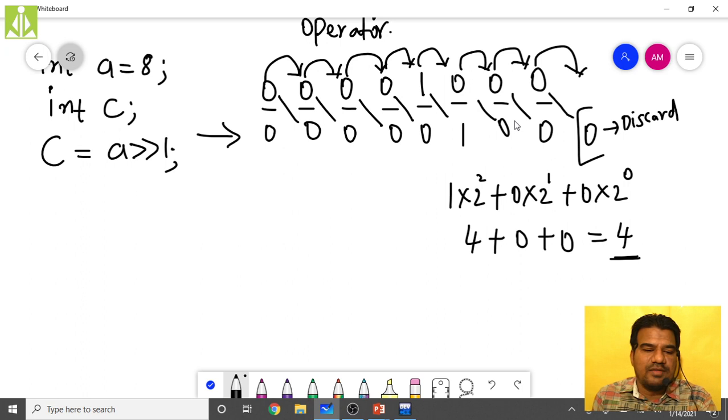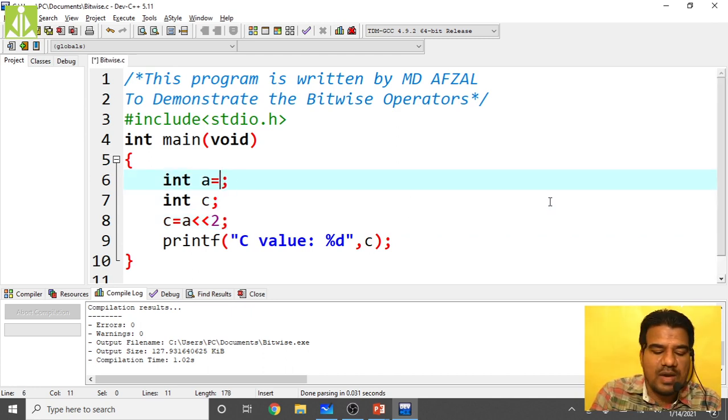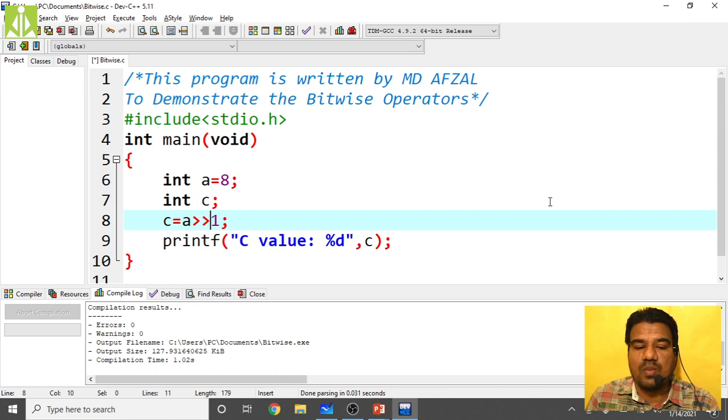So quickly we go and see whether what we got is correct or not. That is, we have taken a value 8 and we performed the right shift once, so we have to get 4. I will show you. I have taken a value as 8, and I am performing not left shift but right shift, like this you have to write. So bitwise right shift I am performing between the a value and 1. That indicates perform the bitwise right shift only once.